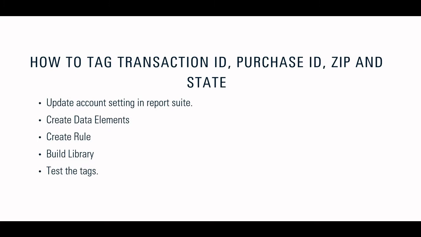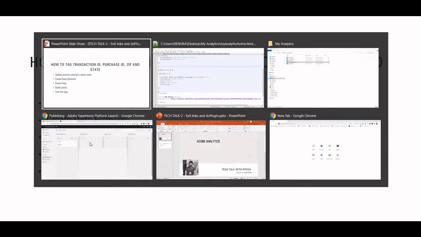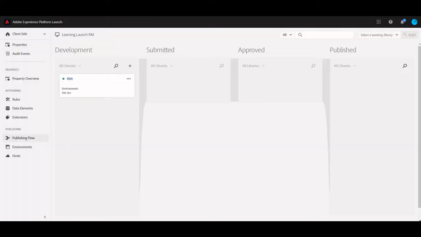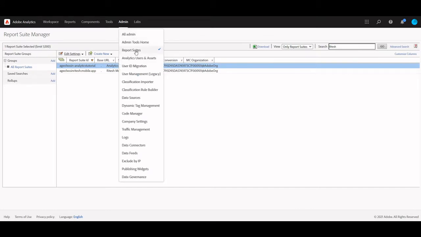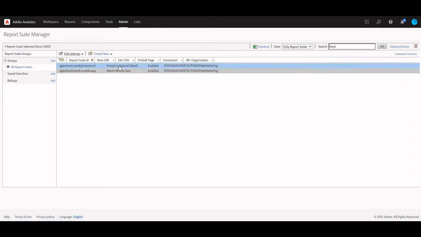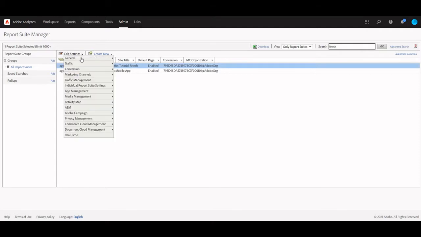The very first thing: to achieve this we have to go to Adobe Analytics, click on Admin, go to Report Suites, search for your report suite, and then click on Edit Settings, General, and then General Account Settings.